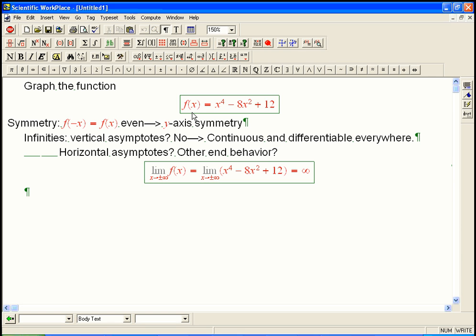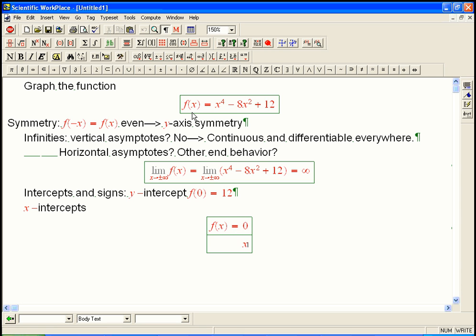Okay. Intercepts are interesting, and the signs are interesting. If we know where it crosses the axis, then we should also think about where it is above the x-axis, where it is below the x-axis. First of all, let's get the y-intercept right out of the way. That's just going to be f of 0. We should always calculate that, and that's going to be 12. That's easy. And then x-intercepts, that's going to be where f of x equals 0, or in other words, x to the 4th minus 8x squared plus 12,